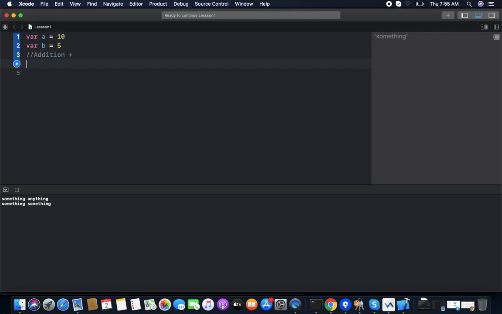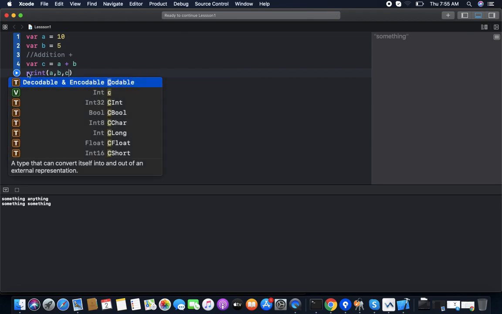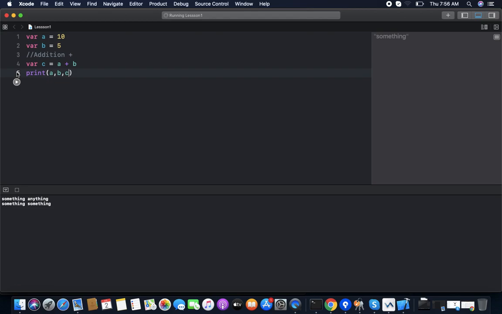So we add a and b and assign the value to c, where c equal to a plus b. Now print the value of a comma b comma c. You can see a is 10, b is 5, and c, the addition of a and b, is 15.